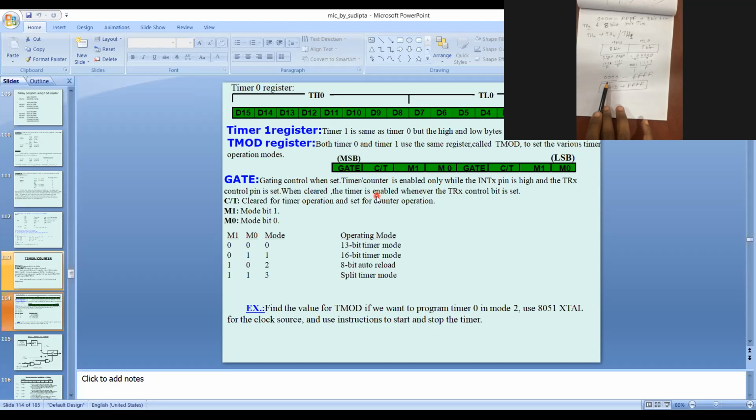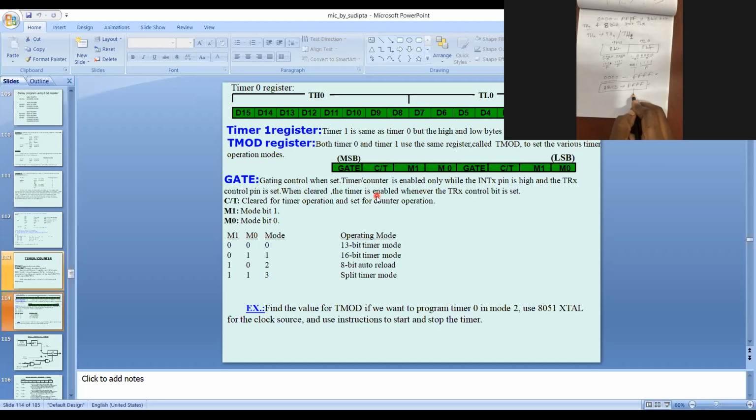It will not count from 0000 to FFFF. So counting ABCD to FFFF, with respect to this one, is a smaller count. Yes, sir. So the delay will be small.